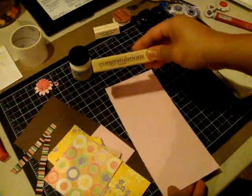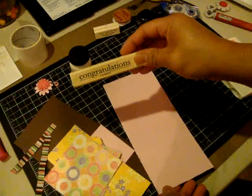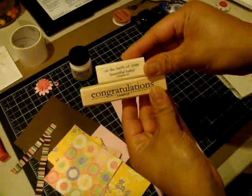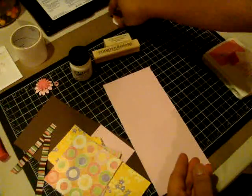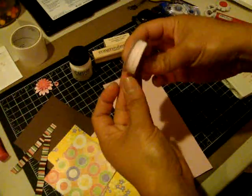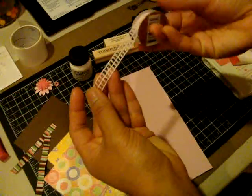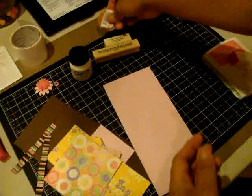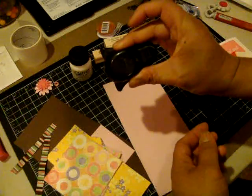And then I'm using the Congratulations stamp set by Stampin' Up! It's actually called the Congrats set. I'm going to be using that. And then I have this cool ribbon that I got over at Michael's. We're going to be using that for the tag. It's a cute little pastel pink color. And then you'll also need a